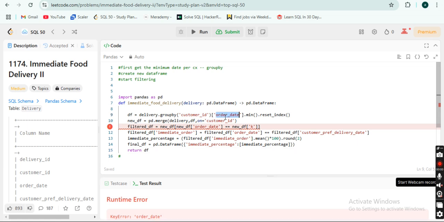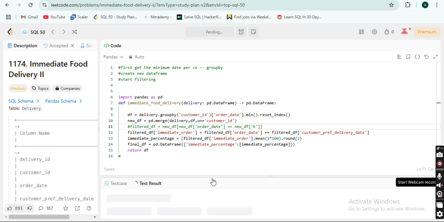One part takes the minimum of the order date, but in the filtration part you are saying the order date equals k, and there is no column existing as k. So if you just keep this hidden and run this,